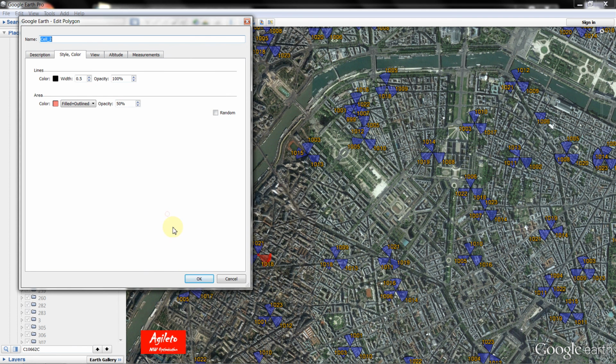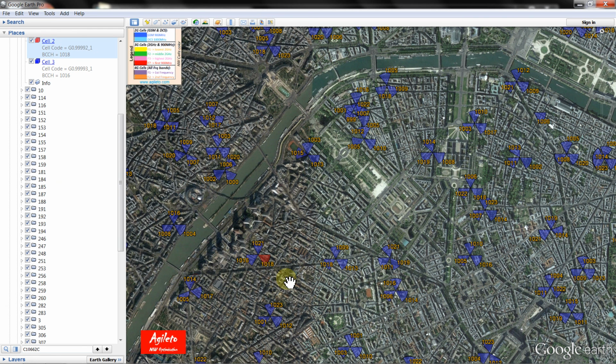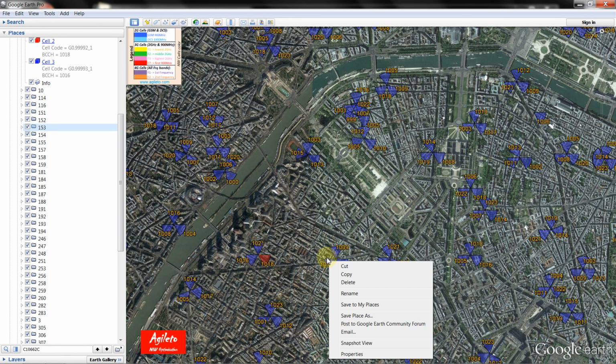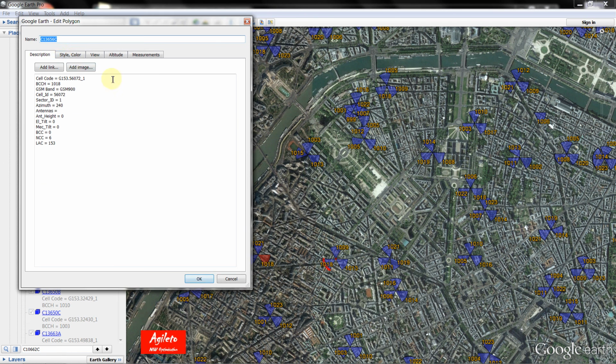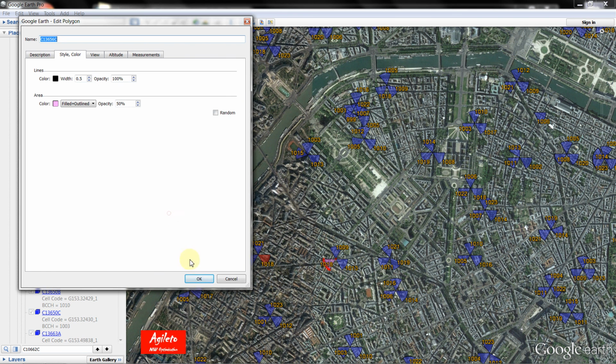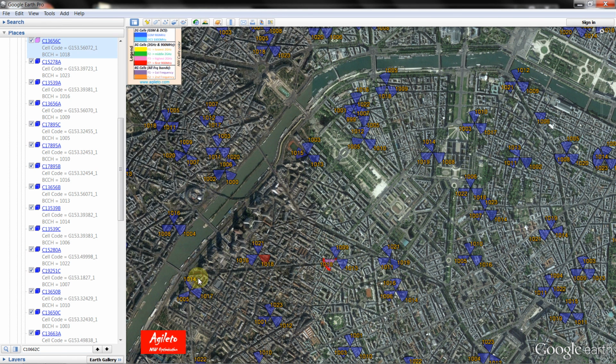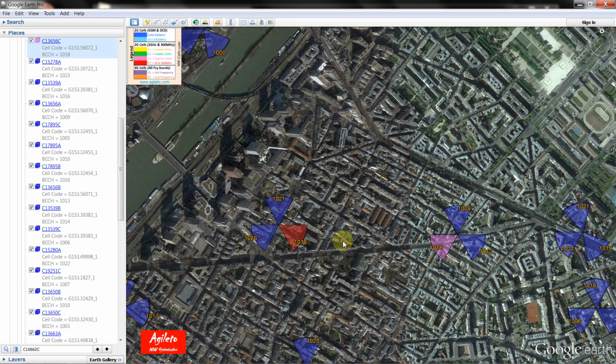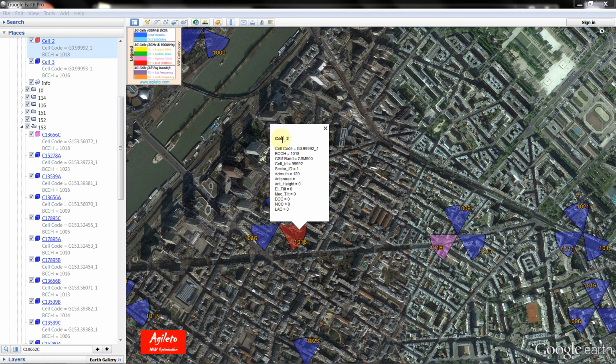We color it a bit different, just to emphasize the repetition. So these are the cells which are going to share the same BCCH. This is a new site integrated, and there is a conflict of co-channel interference with another cell, pointing one versus another one. This is cell name cell 2, and we want to see